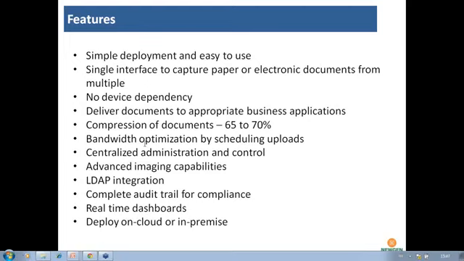When you say cloud integration, what is the base volume you are looking for in your business? See, base volume normally should be anywhere from 100 or 200 documents per day, and a minimum of 5 to 10 users accessing those documents. That is the minimum. The maximum can go up to a limit.